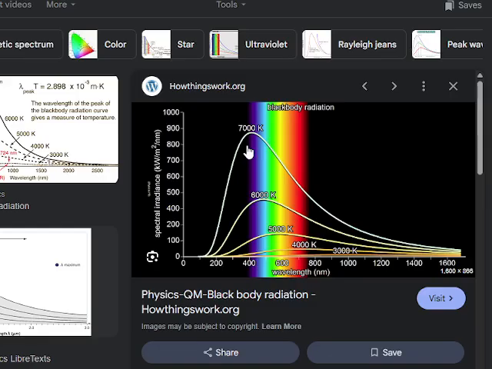Plus, also in magnetic fields, the lines will split. It's called the Zeeman effect. So there's all kinds of stuff that scientists have to figure out to interpret these images. I'm trying to write a program to simulate this to show people, and that'll probably be a while. But that's what astronomers do.